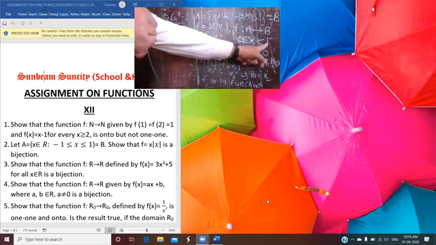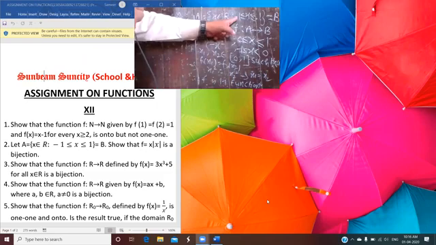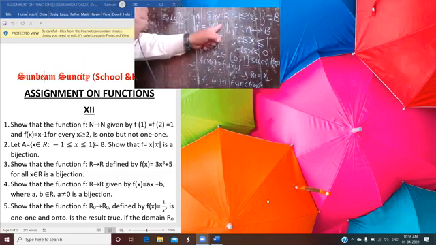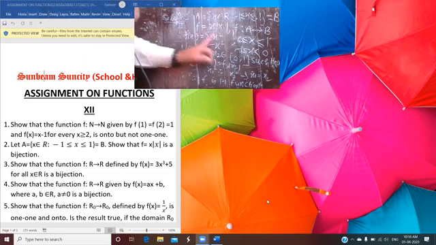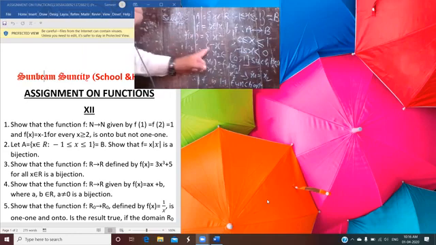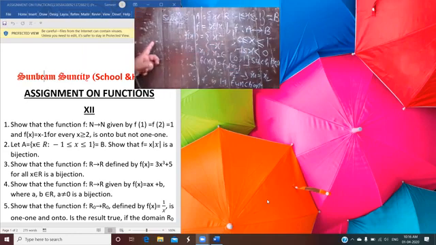Is it clear? Okay, now come to the second point. Here the minimum value is minus 1. For x less than 0, the value of mod of x is minus x, and minus x into x becomes minus x square. So in that case, you write x greater or equal to minus 1 and less than 0, the value of the function becomes minus x square. That's why you write it this way. Any doubt? Okay.